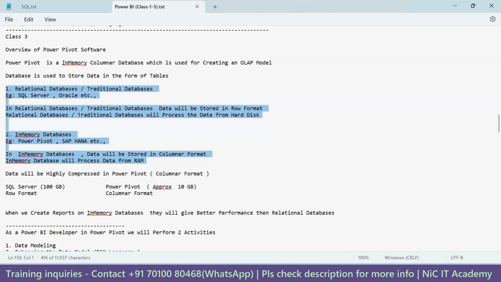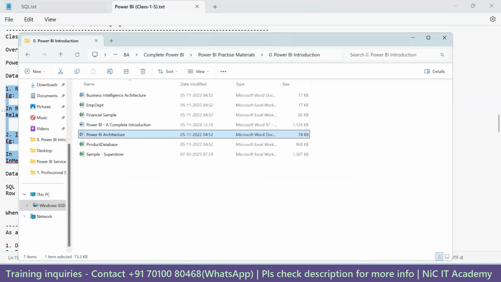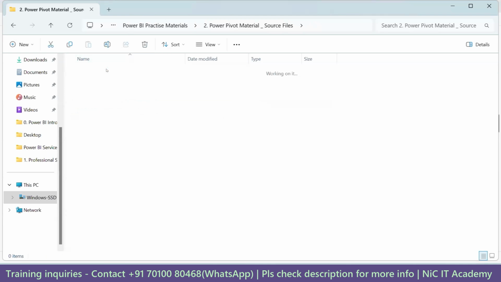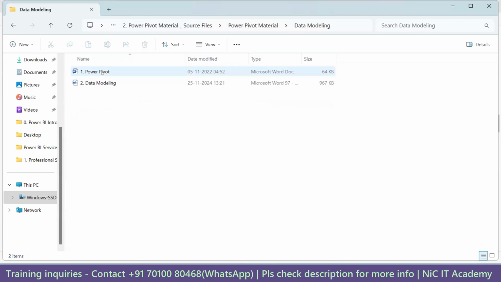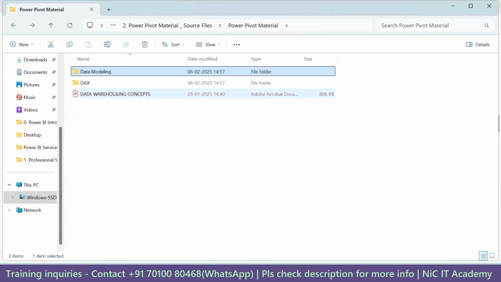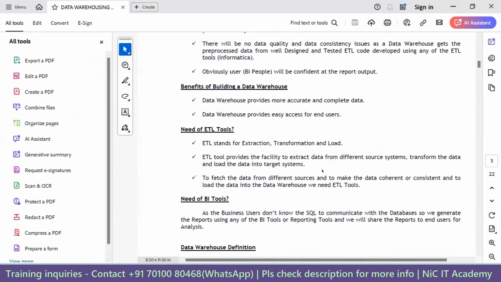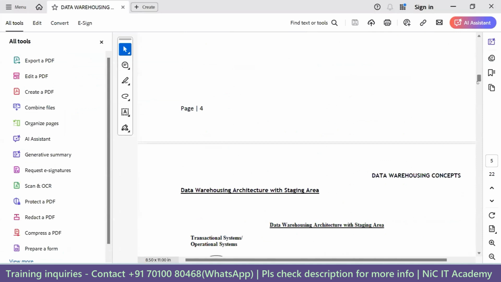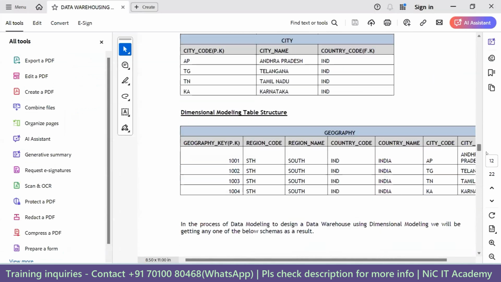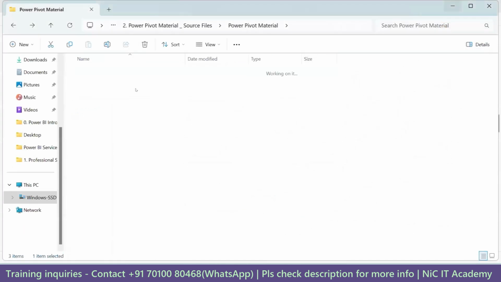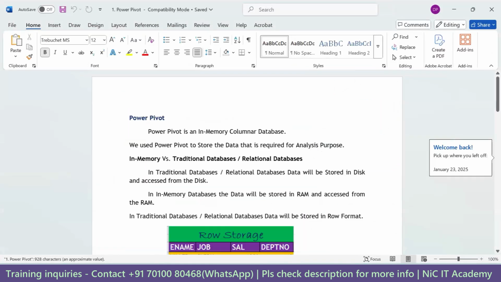Before explaining, okay, let me just explain this. For this, I'll open some file here. Here we have got some source materials. Power Pivot material, right? We'll go to materials. Here we'll go to what? Data modeling, right? Or we can go to the data warehousing concept, right? Here we can see that. Let me just, no, this is not the one. Let me just close this. We'll go to data modeling. We'll go to this Power Pivot. Yeah. So Power Pivot here, see here,